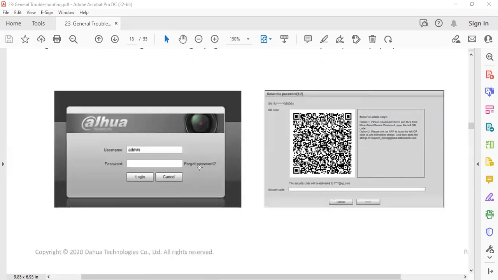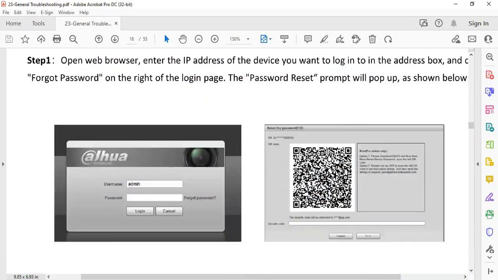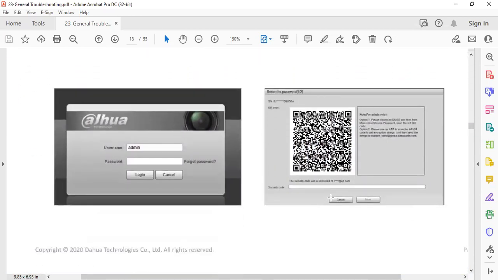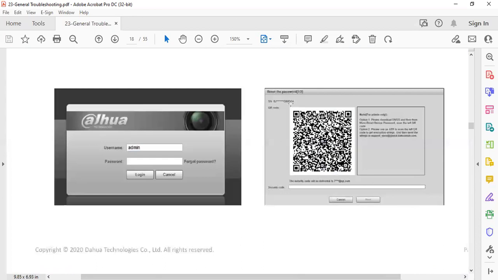So if you click forgot password, you'll have this option to scan this serial number in the GDMSS app, and you'll be able to get the password reset to your email. So you scan the device, in the email you'll receive a security code. Put that security code here, and you'll be able to reset the device. So I'm not going to cover a bit more about this, but